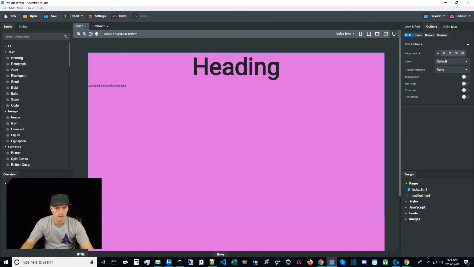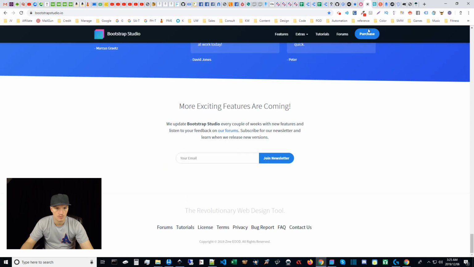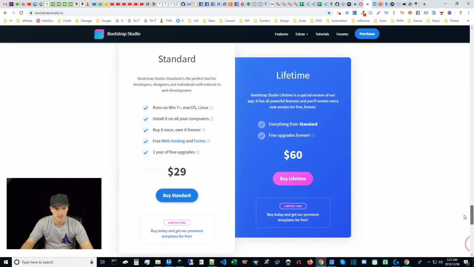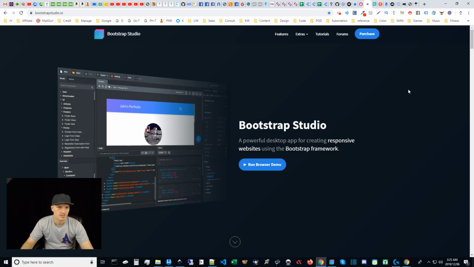But this is, what is this called again? Bootstrap Studio. And I think it's got to be the best thing overall. $60 one time, unlimited hosting, unlimited form submissions. It's just killer. Now I want to touch briefly